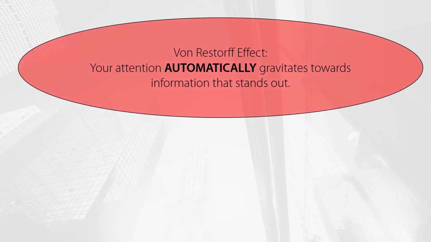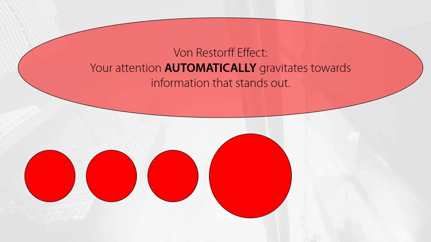When people are subjected to similar forms of stimuli, like in the price charts for example, they tend to automatically pay attention to the piece of information that stands out the most. This is a reflection of our pattern-seeking nature that one way or another made us plow through thousands of years of evolution quite successfully. Let me give you a practical demonstration of that so you can truly understand what it means. Observe the following series of circles and take note of what your brain does when you see something different.